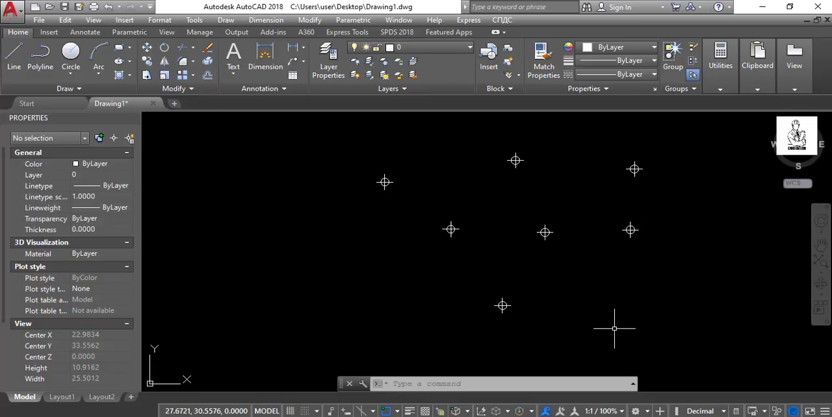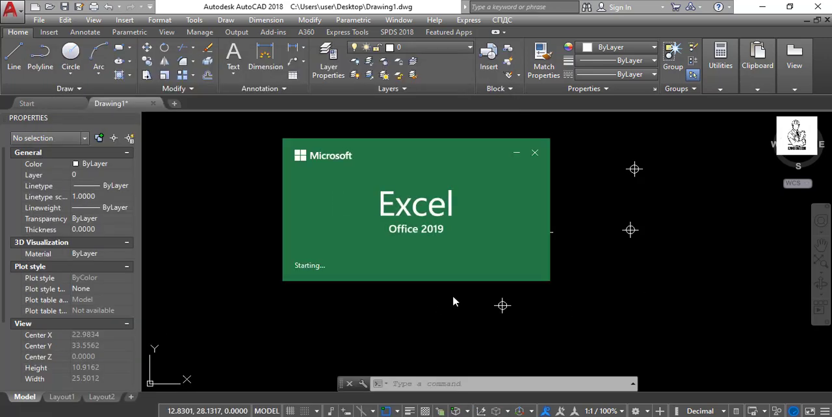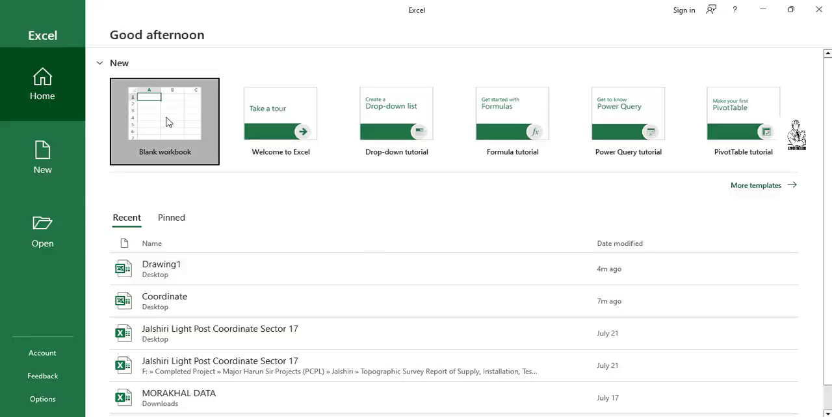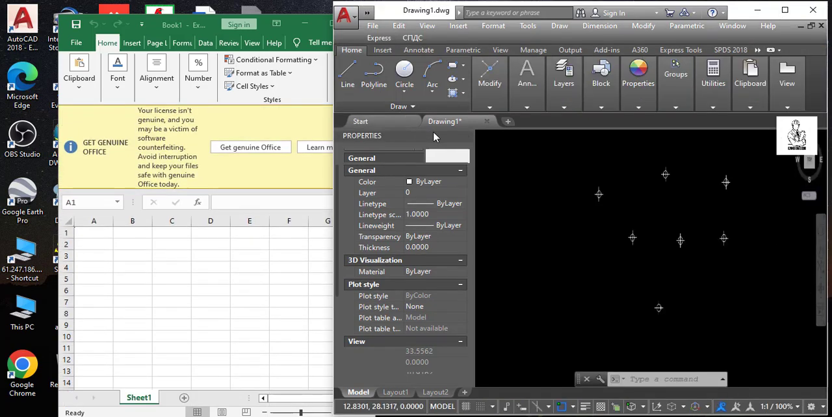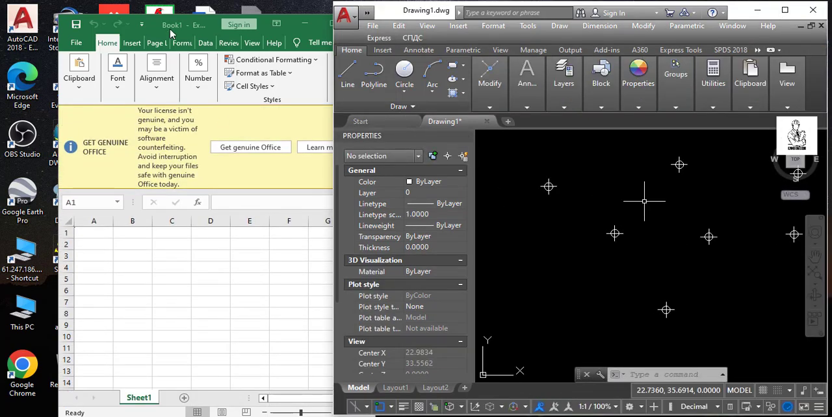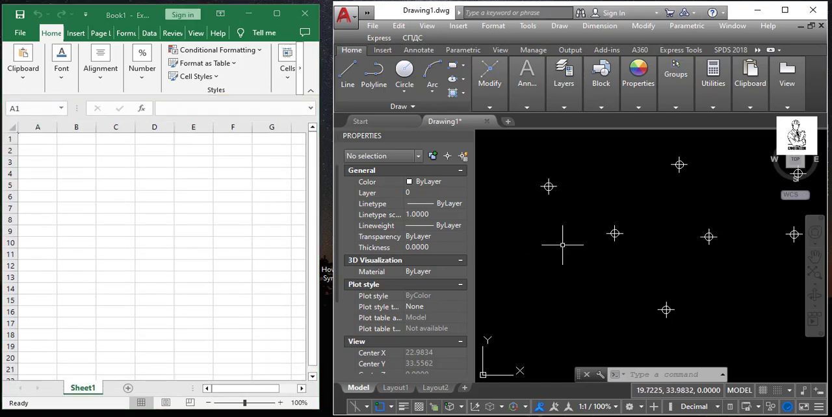To export coordinates from AutoCAD to Excel using AutoLISP, first we have to open an Excel file. Then go to the AutoCAD again,